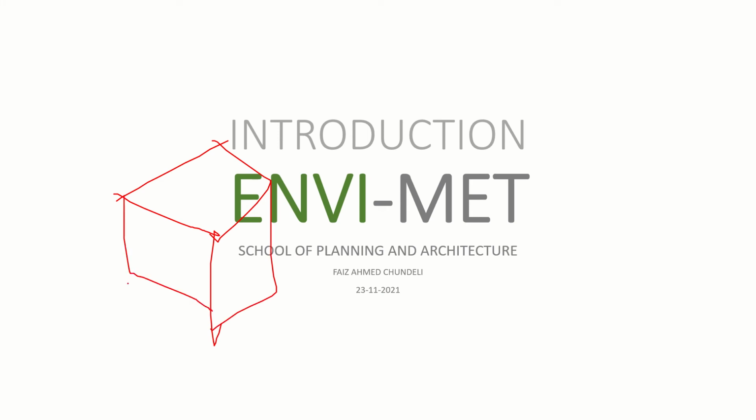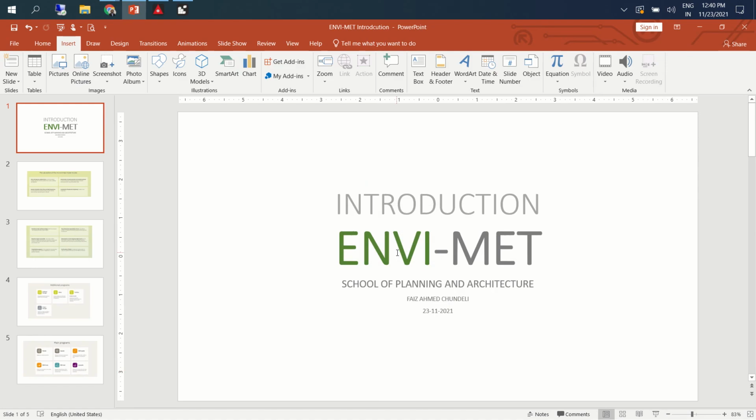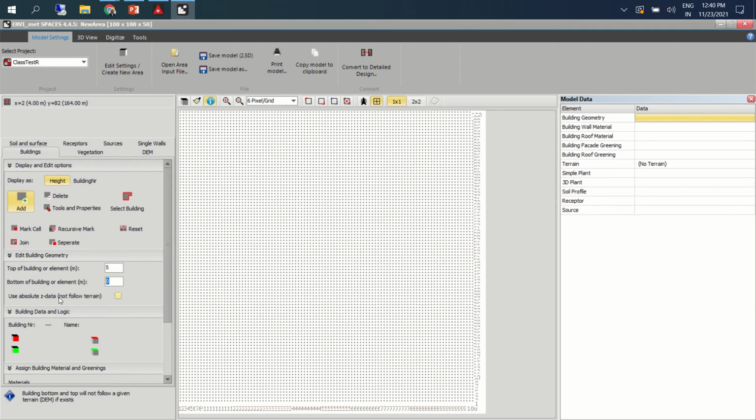Okay, and if you click the second one, suppose if you have some punches in the building, you can use the second option that is listed there. The second option is on bottom of the building. So if you want to create some punches, maybe we can see with the examples, it will be better.